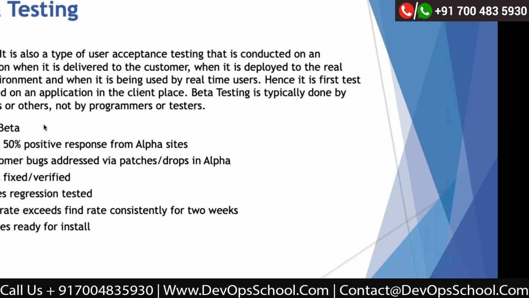To test that requirement, you don't need to execute all your tests, like placing an order with less than 100, more than 100, multiple data sets, as a logged-in user, without being logged in. There are multiple factors, and you need not do all this kind of testing in production. So you make the smallest order, only to test whether the credit card functionality is working or not. In alpha testing, we will do one smallest payment and check whether that is working or not.